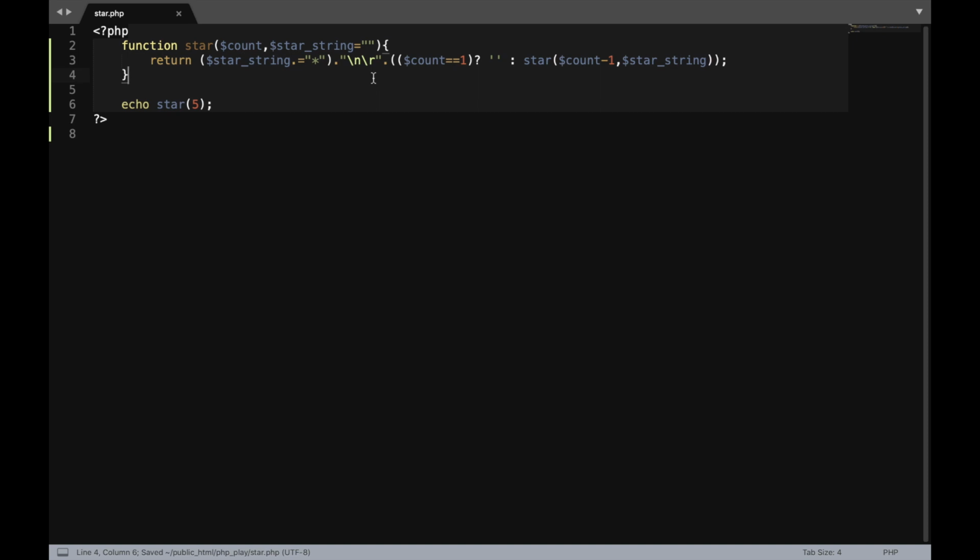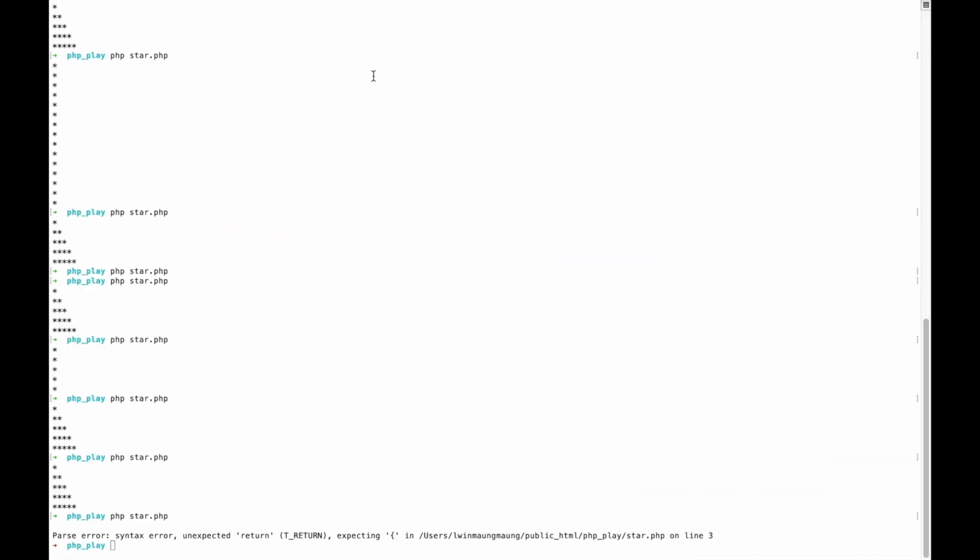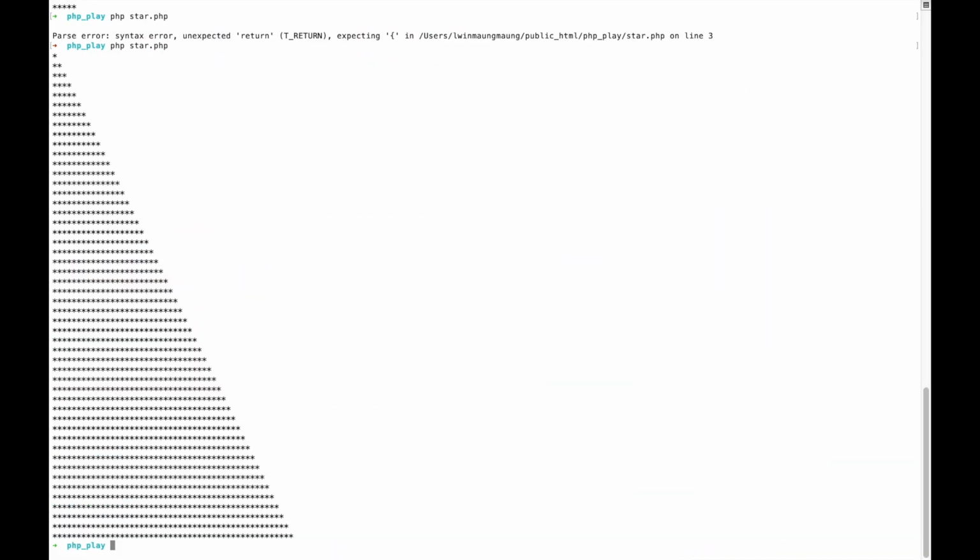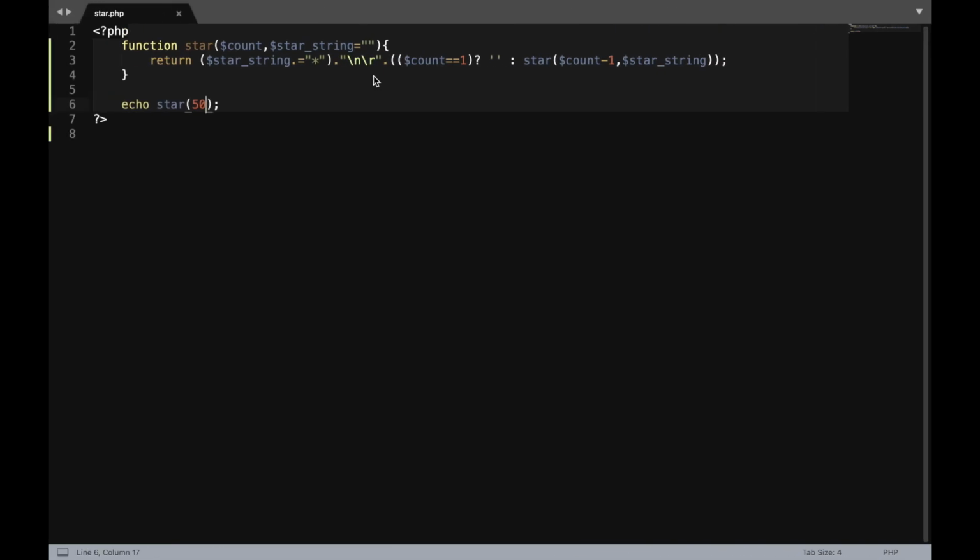Okay, in here you can see that there's one line that returns everything as a star string, and the star is embedded everywhere, and there's a star string and echo 5, and we can try it with 50. That's working well. It's really working well. So there's an idea, credit belongs to my teacher, and it's really cool, and I can now work on that